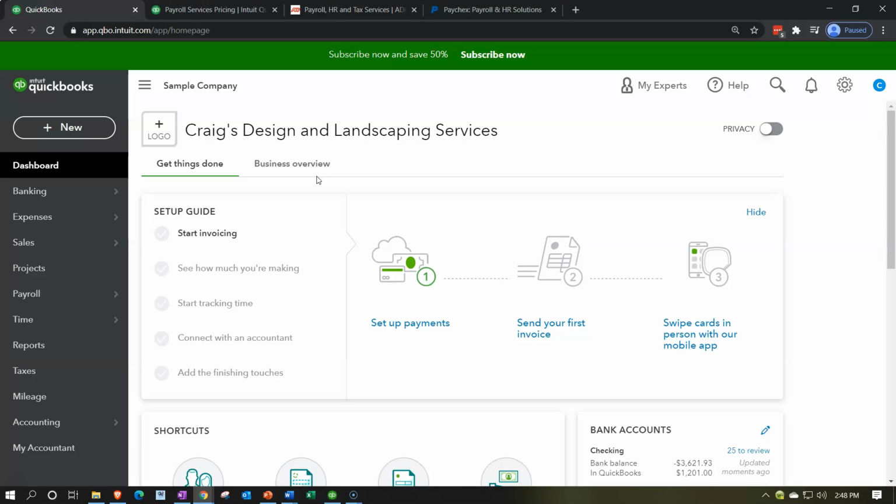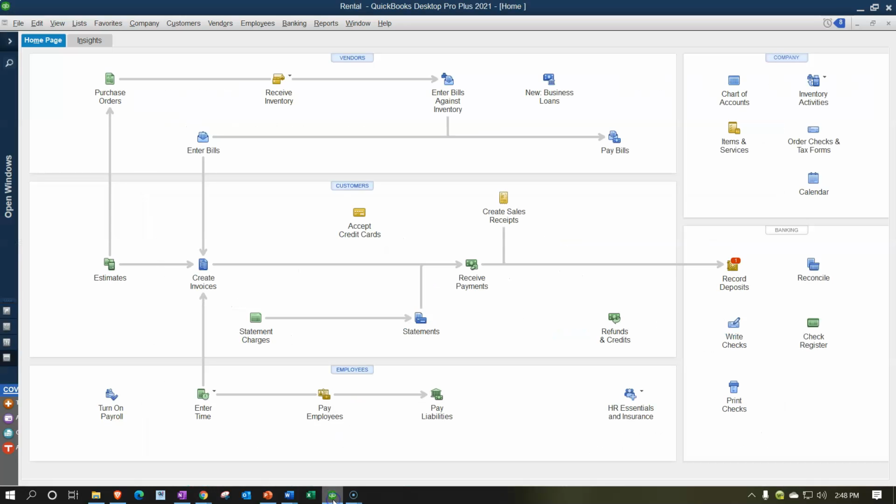You do want to spend some time on the payroll if you have employees. Set it up well, because payroll, once it starts taking a wrong turn, can take a lot of time to fix and reconcile. So you'd like to get it going right from the start. Now, if we look at this from a flowchart standpoint, if I go to the QuickBooks desktop,